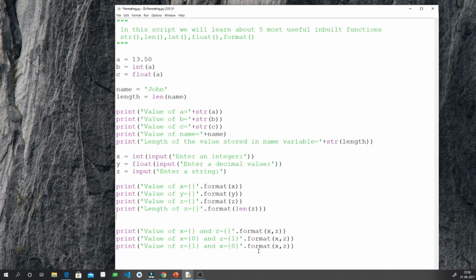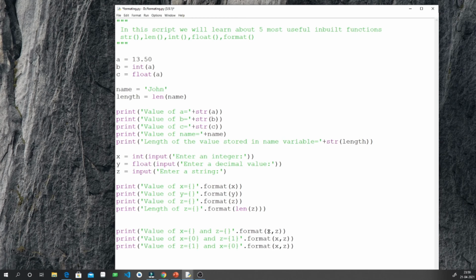So like this we can use multiple parameters. We can keep adding more parameters to this format method. And remember one thing, the index value matters. If you don't use an index like here, it will by default go one after another.